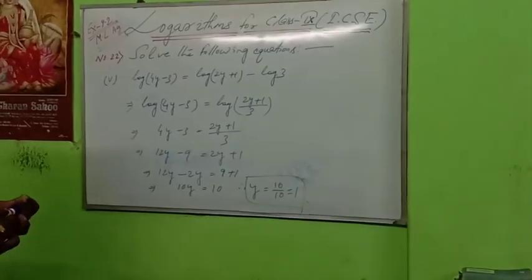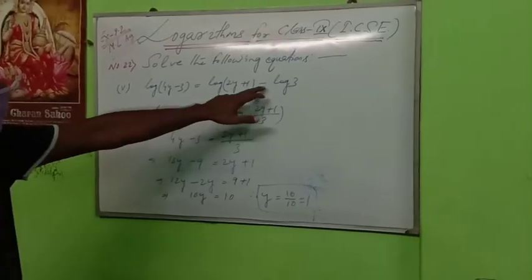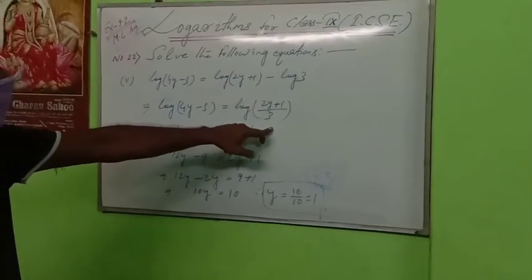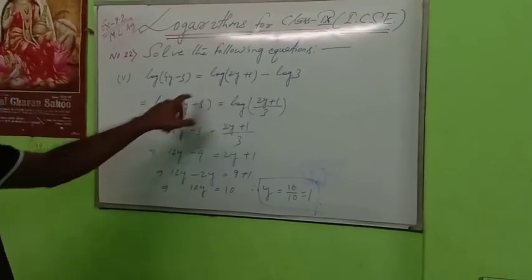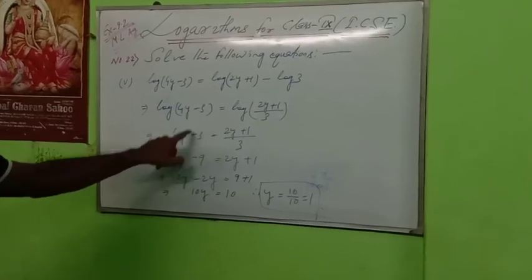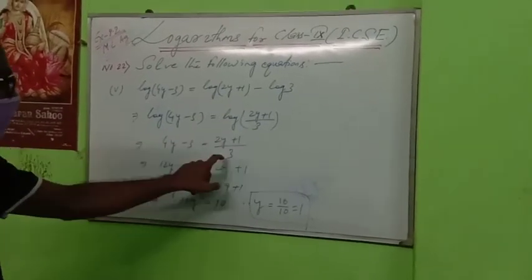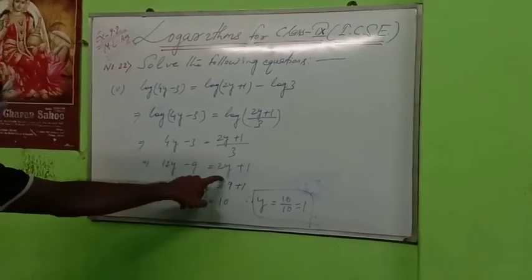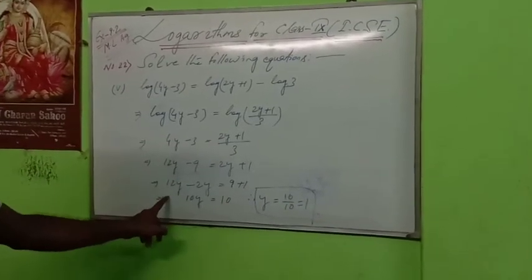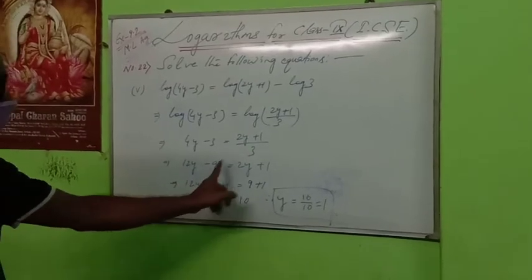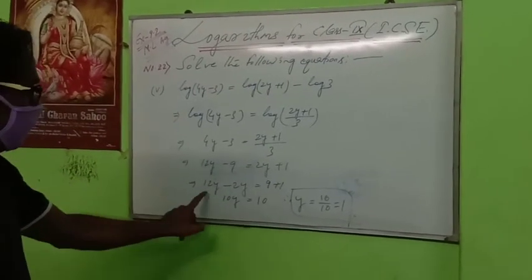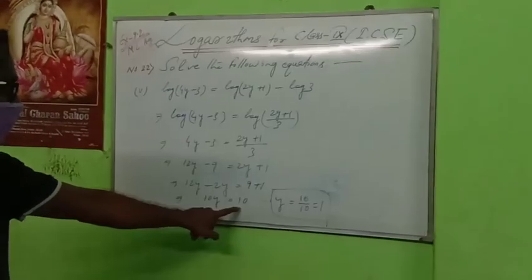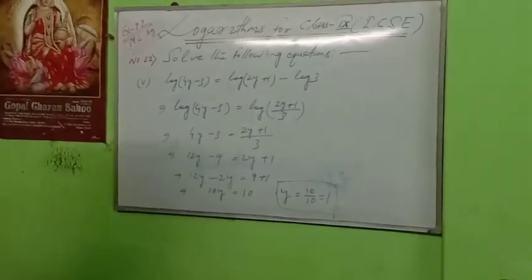Just to see the question I am doing here. This side is minus sign given. This will be divided, (2y + 1) by 3, by the property of logarithm. Now taking anti-log both sides, 4y - 3 is equal to (2y + 1) by 3. Now 3 is multiplied: 3 4 is 12y, 3 3 is 9, 2y + 1. All the y bring left hand side. This minus 9 will go that side, plus 9, 9 plus 1, 10. 12y - 2y, that is 10y. 10y is equal to 10. y equal to how much? 10 by 10, that is 1. Let us go to the next number.